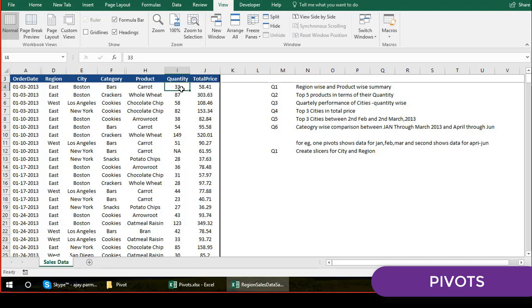Now, what is a pivot? As I said, pivot can give us the different types of numbers by producing the different levels of the dashboard. Like in the chart, you saw that charts, what do charts basically do? They give you the analysis, but in the form of graphs. Pivot doesn't make the graphs.